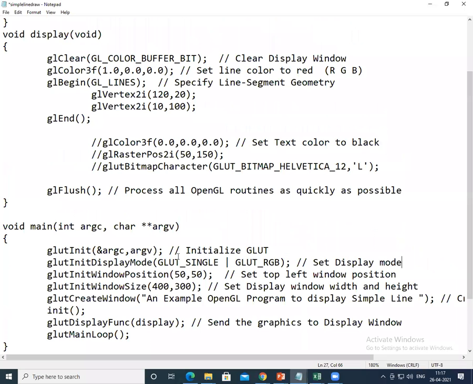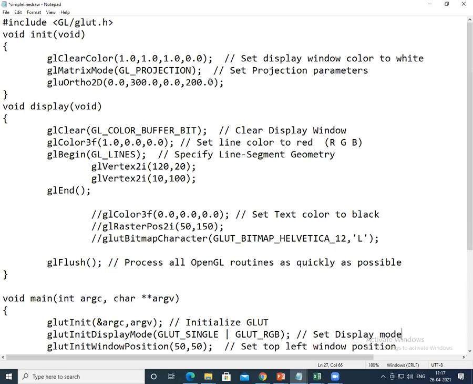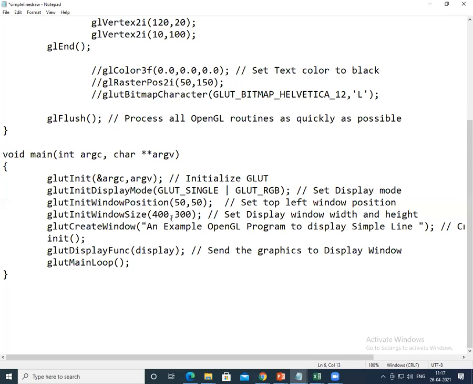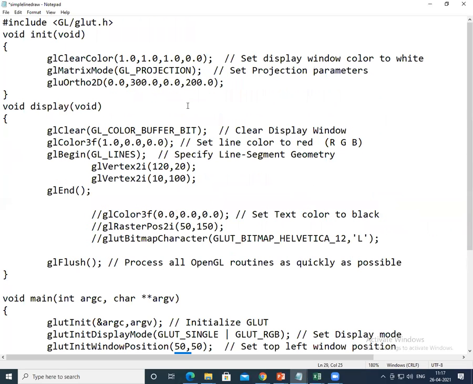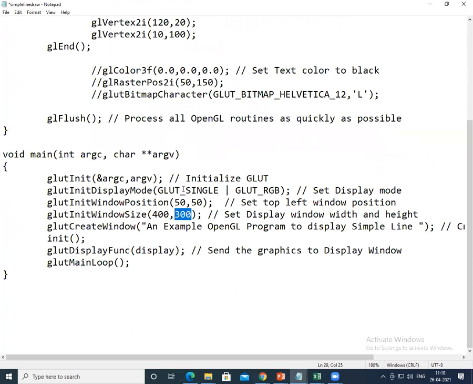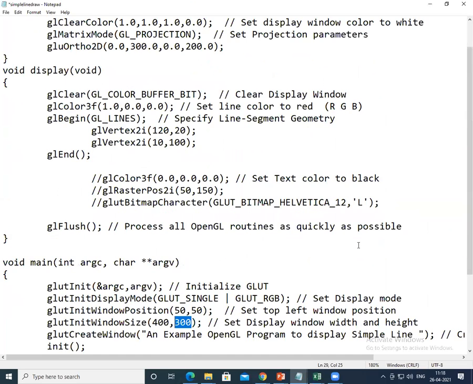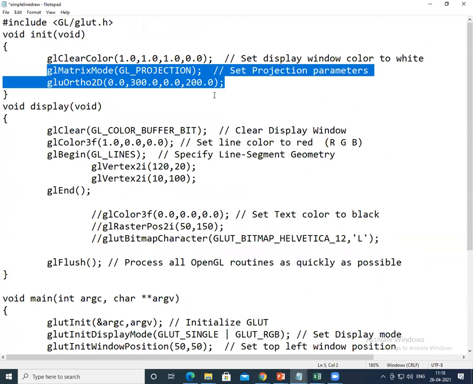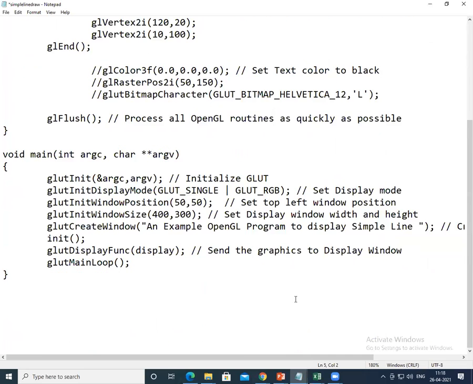I stress this should be within the range, that is the orthogonal projection that you have specified should be within the window size. See, the value of x here is 400, and the width of the window is 300. So the orthogonal projection forms within the window that you have created. These two things you should always use to set the projection parameters.